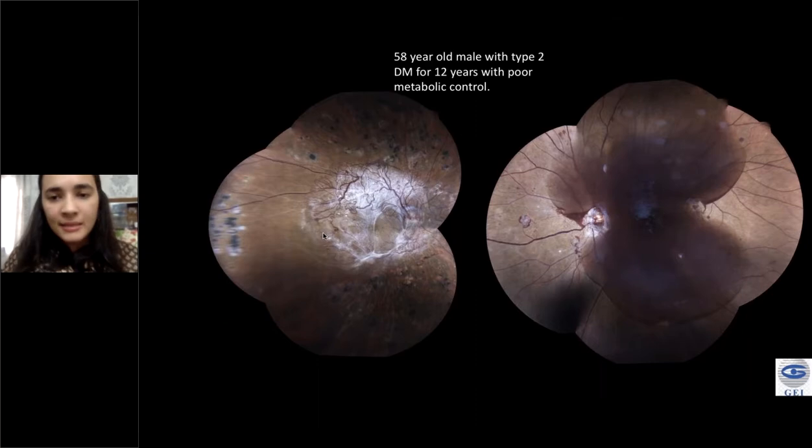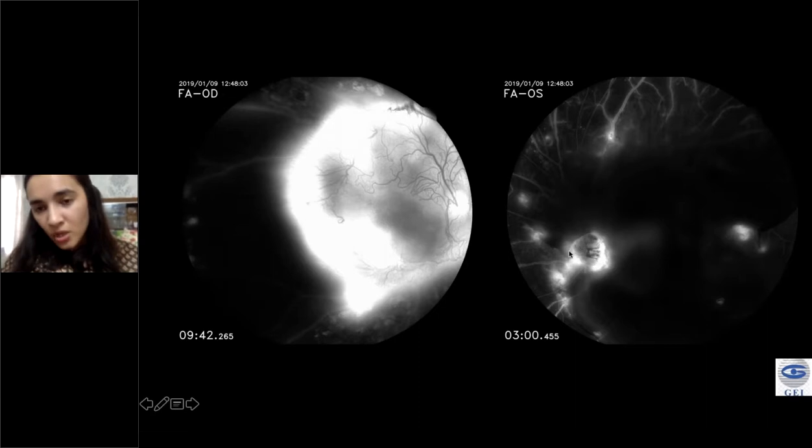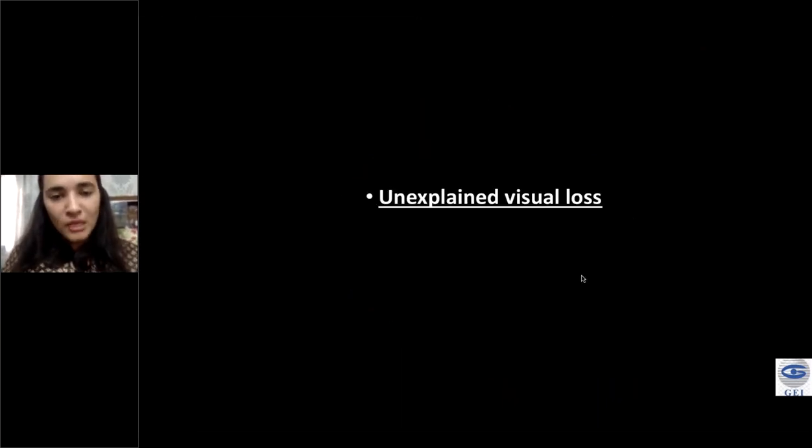PRP looks grossly inadequate. You do an angiogram, you see diffuse leakage from that new complex right at the disc and the macula in the right eye. And if you're careful enough, other than the blocked fluorescence, you can also see this neovascularization at the disc in the left eye. So you know you're dealing with a very, very severe case of PDR, and untreated it may go blind. So we had no option but to do a surgery in the left eye. You see we've been able to clear up the bleed and laser. The right eye is still thinking about what to do. He's not too keen for surgery.